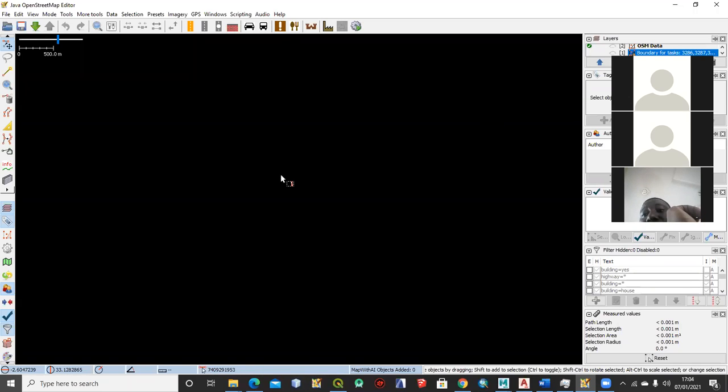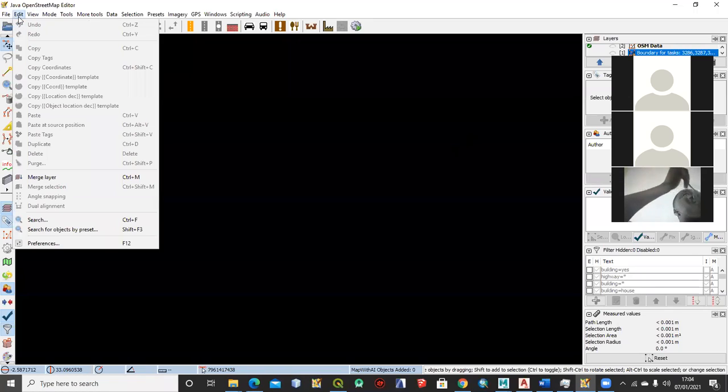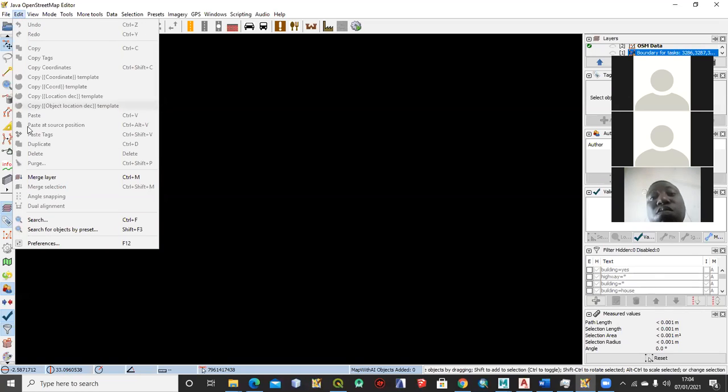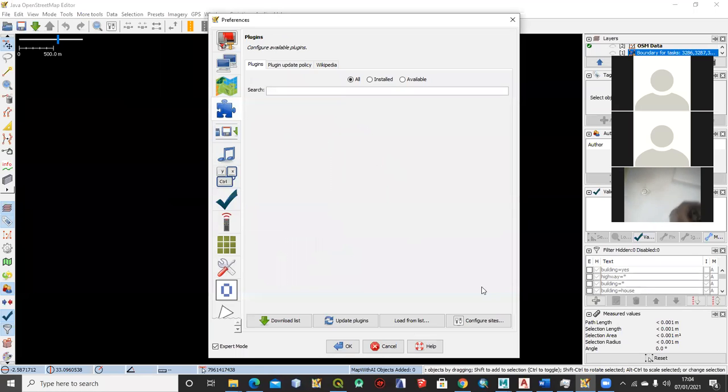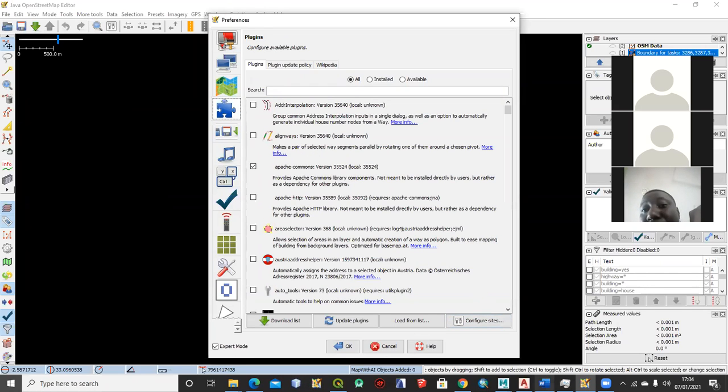Okay, you have to open your JOSM, and then as usual we use the same procedure on how you can download the plugin. First you have to go to edit, and then you go to preference, then you have to go to plugin. So here we have two plugins which you need to install